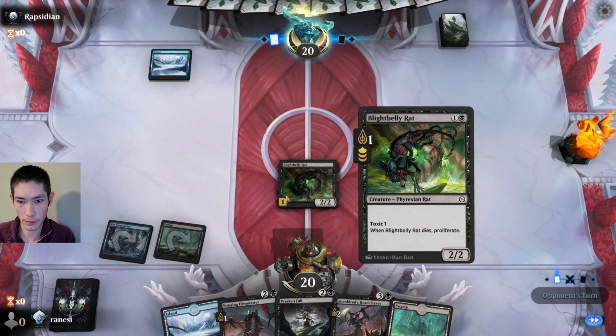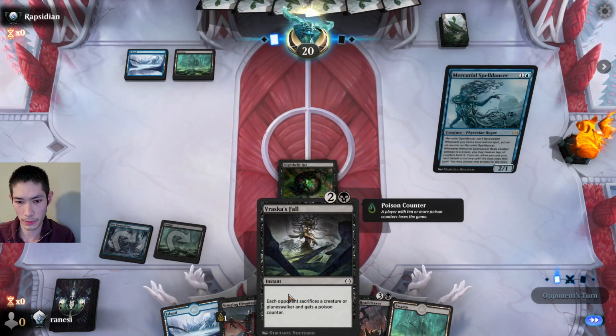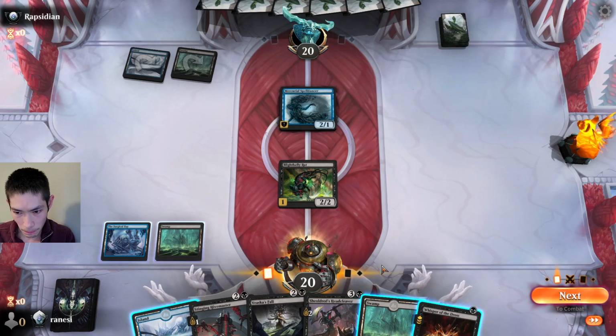So it's pretty key going first and curving out, because now if he just plays a creature, we play Vraska's Fall. I don't even know what that is. Can't be blocked. Whenever you cast a non-creature spell, put an oil counter on it. When it deals combat damage, you may remove 2 oil counters from it. When you do, you copy something. Okay, so